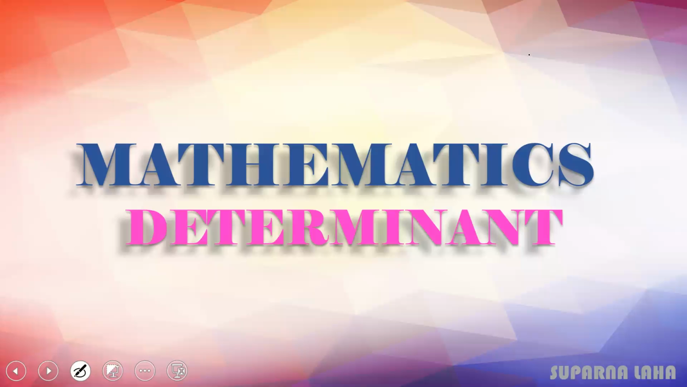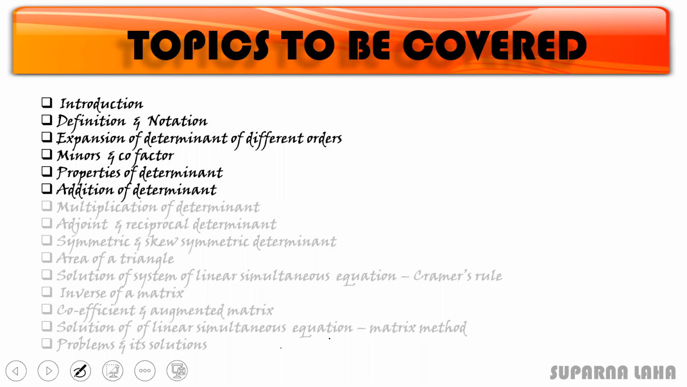Welcome students. We are discussing this chapter, determinants, and we have already completed up to this portion, that is the value of a determinant, properties of determinants, addition of determinants, minors and cofactors. So from the properties and finding the value of this determinant, by using its properties or by just breaking the determinant, from this portion we will solve more problems,